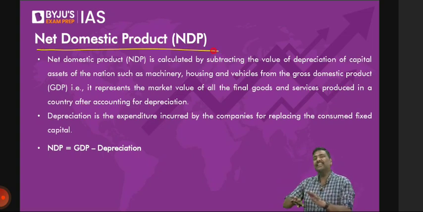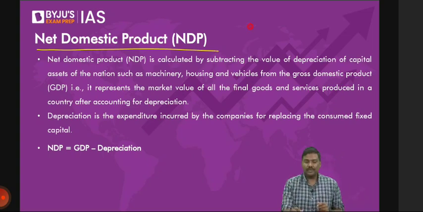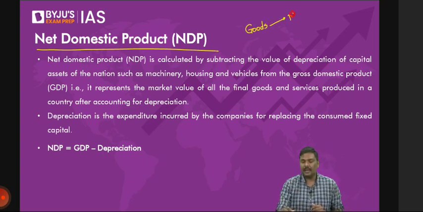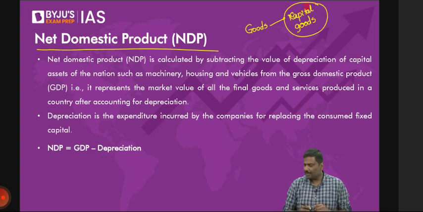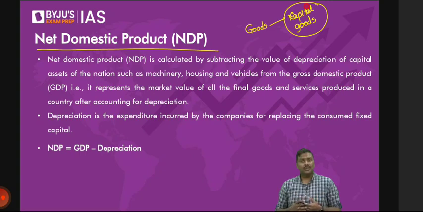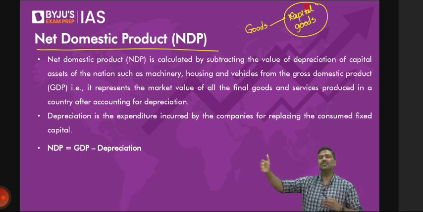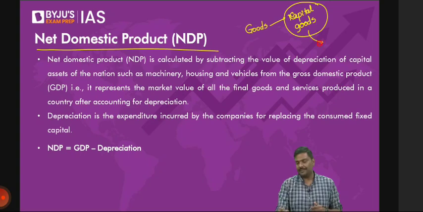Basically, whenever you produce goods and sell them in the market, there are certain goods such as capital goods. All of you agree? There are goods which are referred to as capital goods. I hope you remember this. What is a capital good? Anything that is produced by us, which will be used for production, which will be used for supply of goods and services in the market. For example, machinery. Very simple example, machinery.